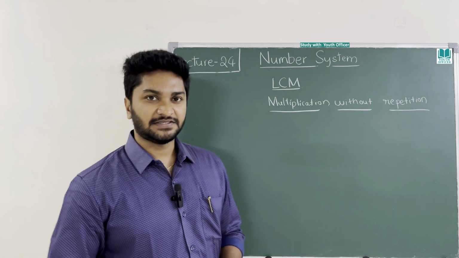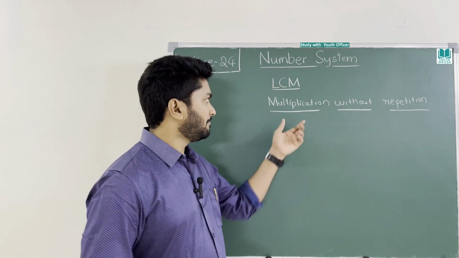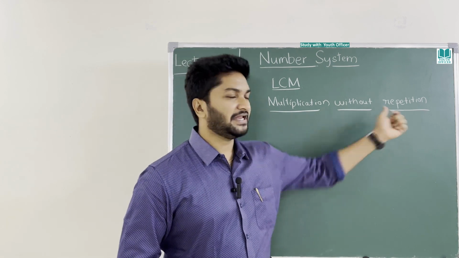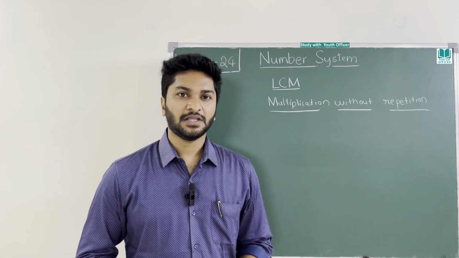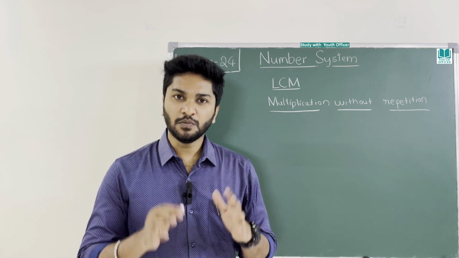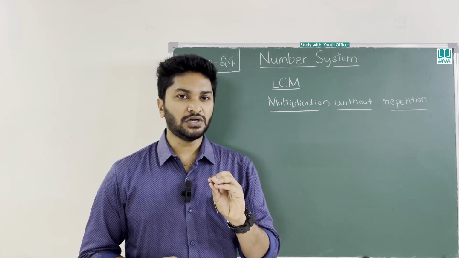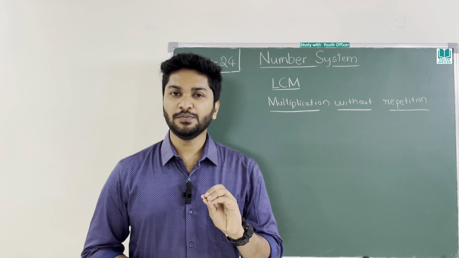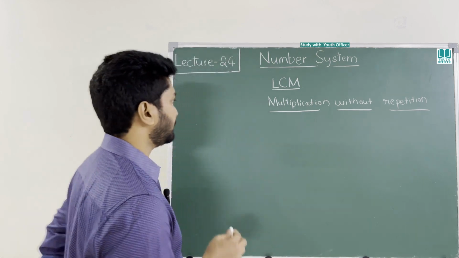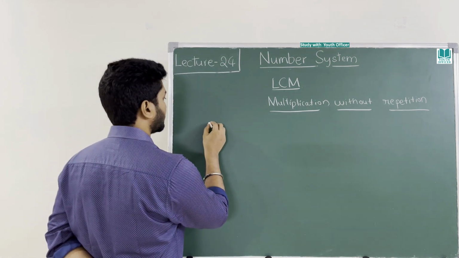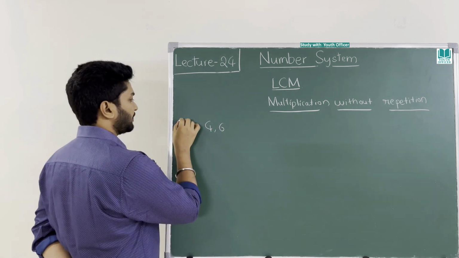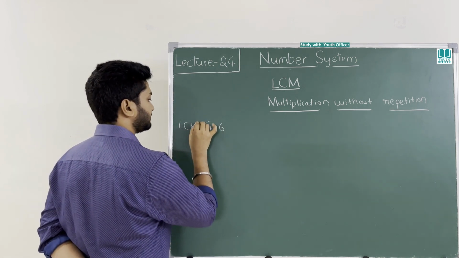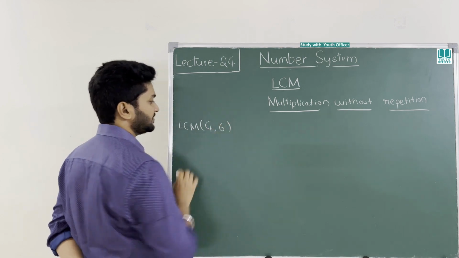What do you mean by this? What do you mean by multiplication without repetition? Whenever you are calculating LCM between two numbers or more numbers, you should not take the repetition. What do you mean by repetition? I will show you with an example. If you take 4 and 6, if you are supposed to find LCM for these two numbers,